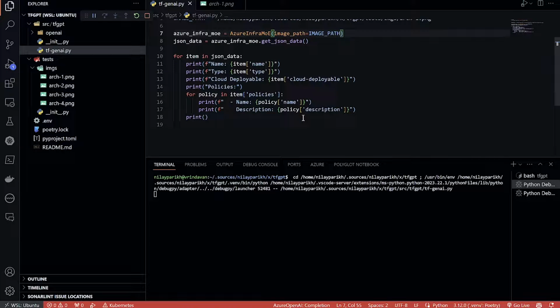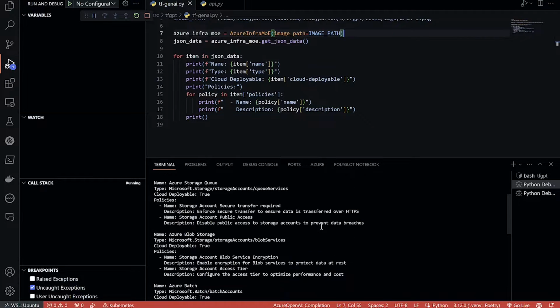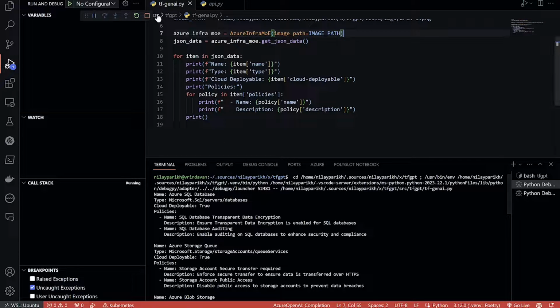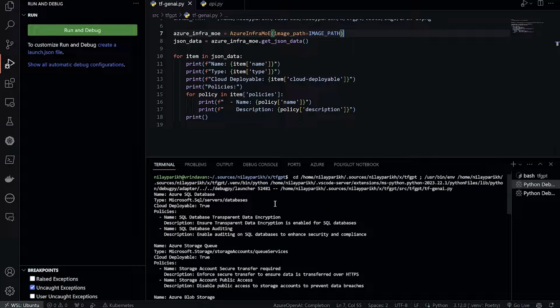It's going to take a time, so I'm going to take a lapse. There we go. I think we got that. I pressed that again. Actually, I should stop it. Right. So we can see here, using that, it has identified that in this diagram, I got a Microsoft SQL database, and this is my type.